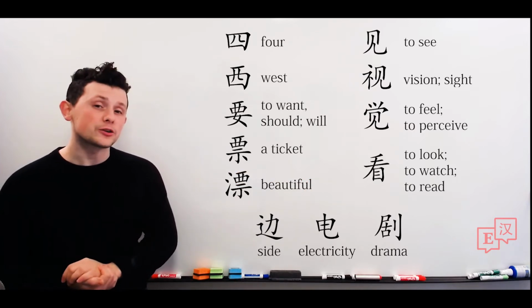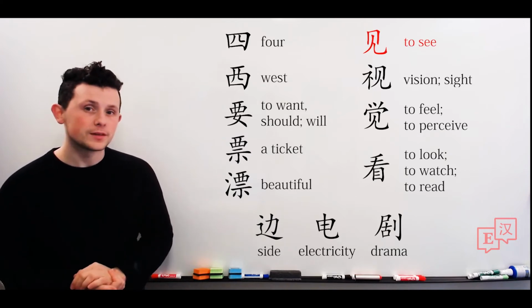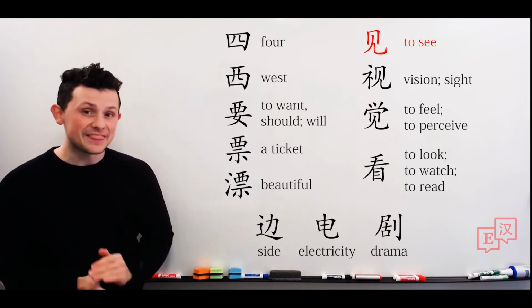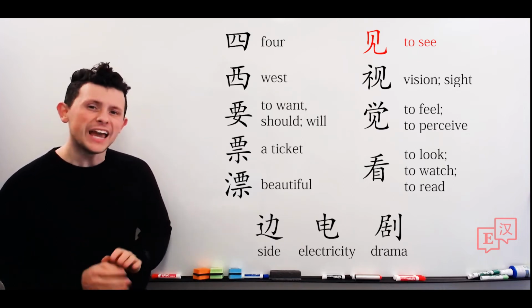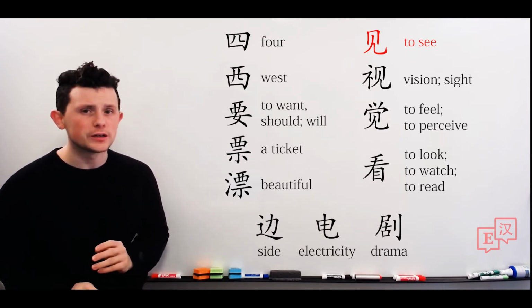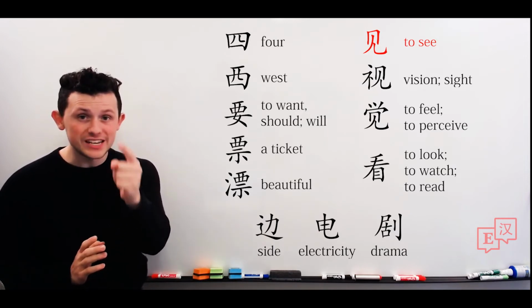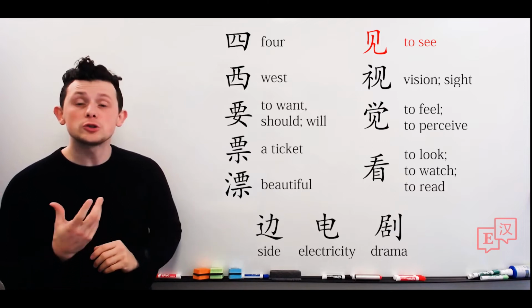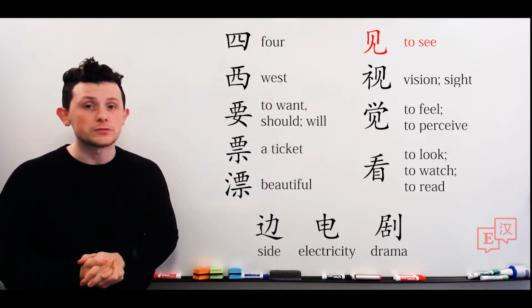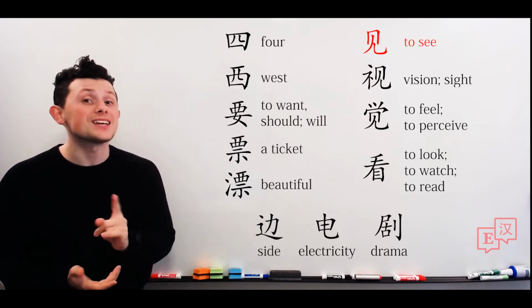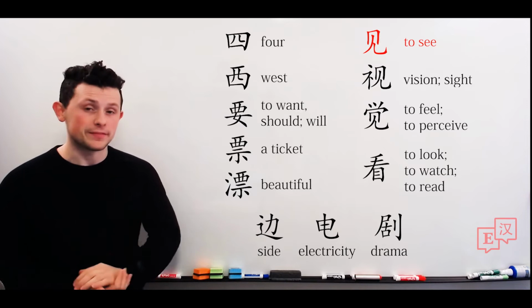Now, our next 3 characters are all based on jian. Jian. This character means to see. And note, this is different from to look. To see is when you look at something and you're actually able to see and perceive the information. To look is when you're actually just opening your eyes and looking in a direction. You could look at someone but not see them. So again, jian,